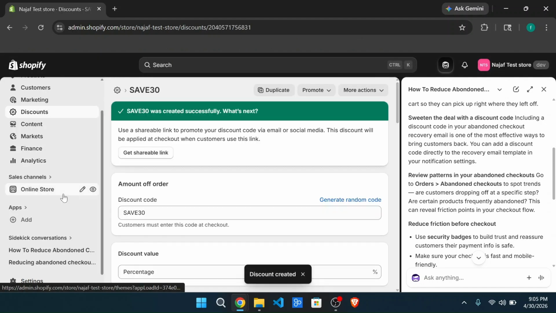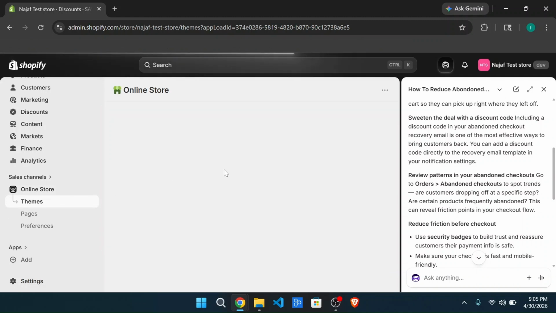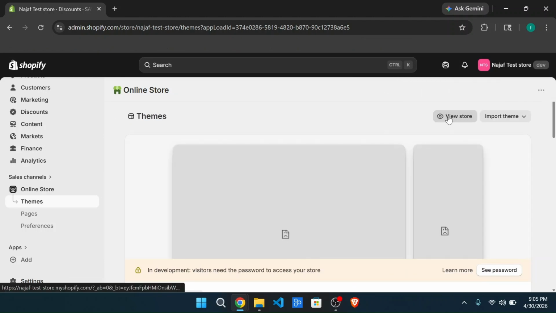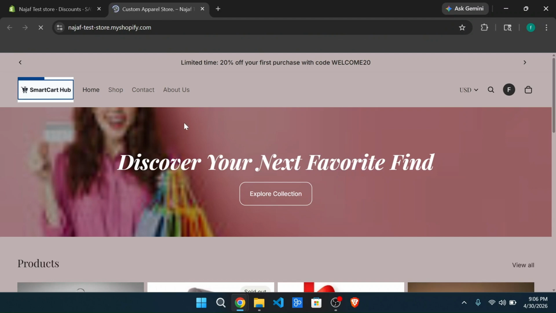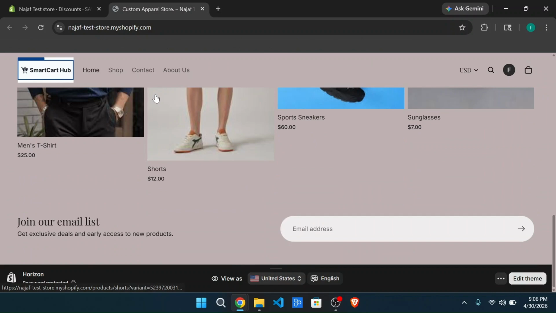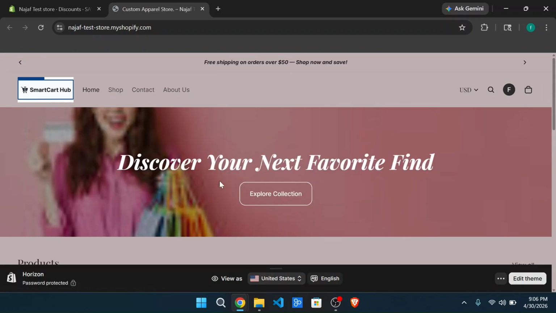Now we can go to the online store, then view the online store. From there we can check whether the return policy, contact us and all are cleared or not. Here about us, contact are all set. Okay,